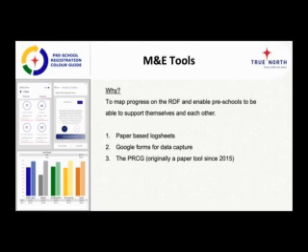So for our M&E tools, we've gone through good old paper-based log sheets. We still use them for visits to schools. We used Map Our RDF, also to enable the schools to support each other. We've then used Google Forms for data capture, and we've had Excel spreadsheets. And for a long time, our PRCG was a paper-based tool. We would score schools manually at the centers, and we'd use it to understand how far they're developing in terms of